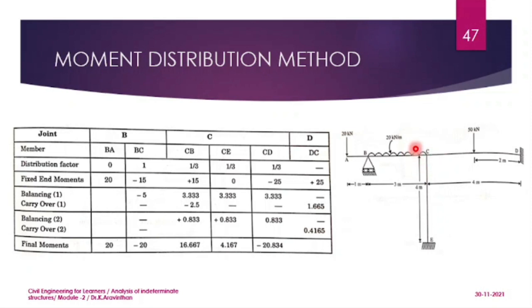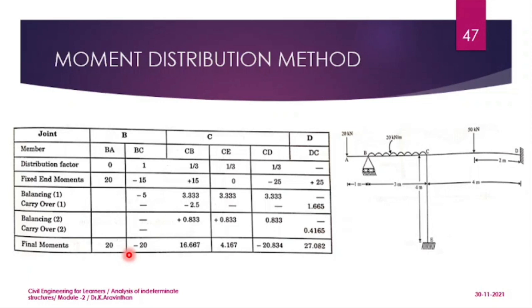Wherever you have partially hinged, if all the moments are added, it should be 0, isn't it? How many members are here? CE, CB and CD. So you have to add all 3 moments, it will be 0. If at joint B, if 2 members are here, then if you add this 2, you will be getting 0. So this is the way it works.